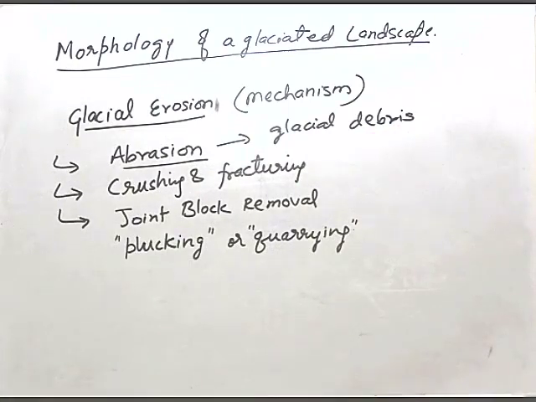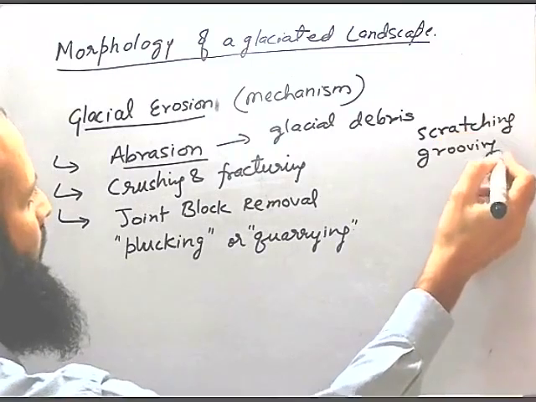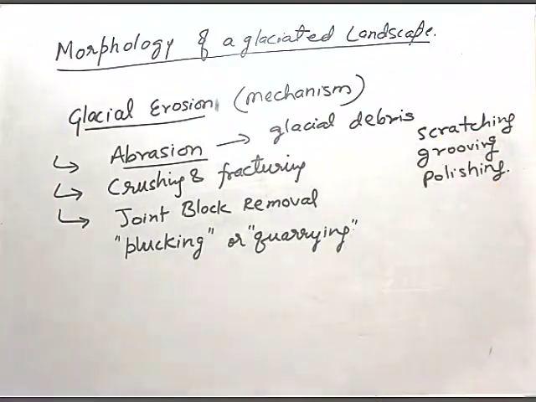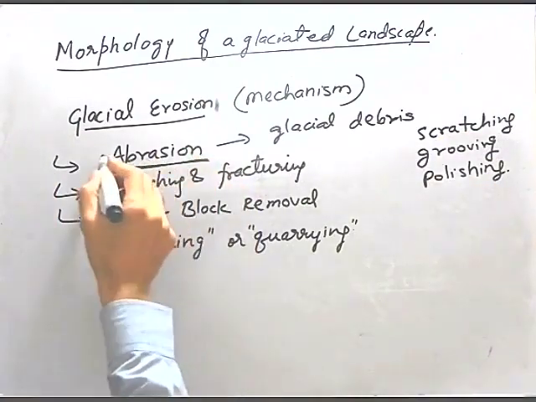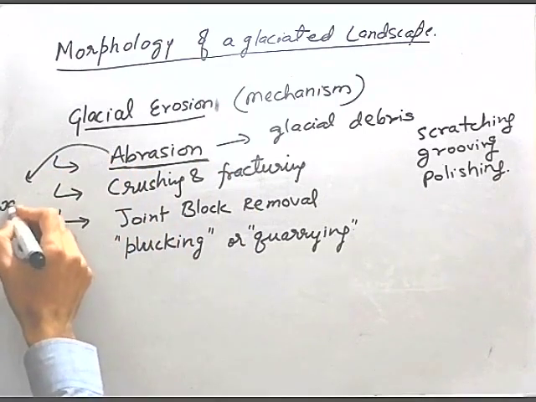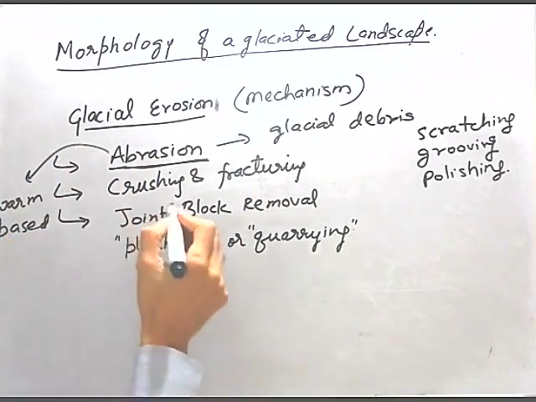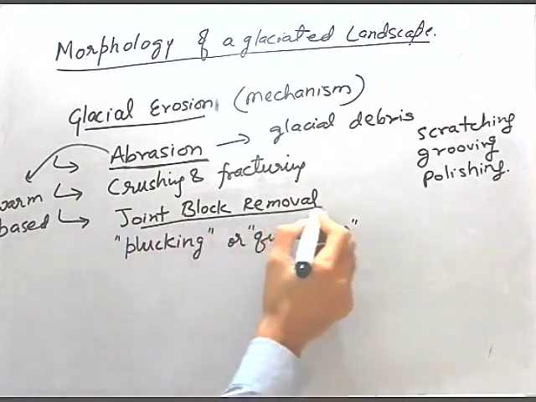That loose material actively abrades the bedrock and the valley walls by scratching, by grooving and by polishing the bed. Scratching, grooving and polishing. Now the abrasion will be more common in warm based glaciers, and joint block removal or